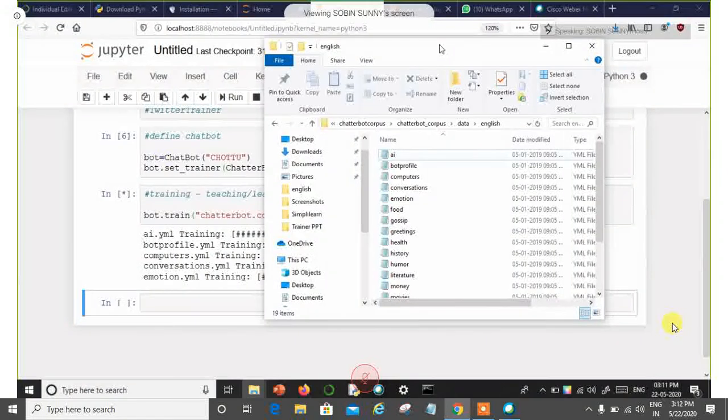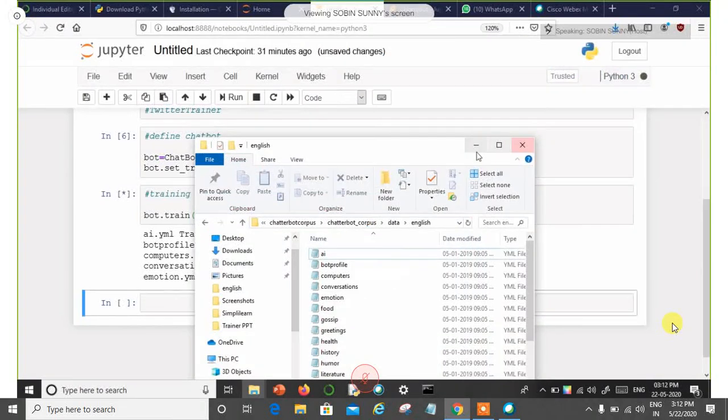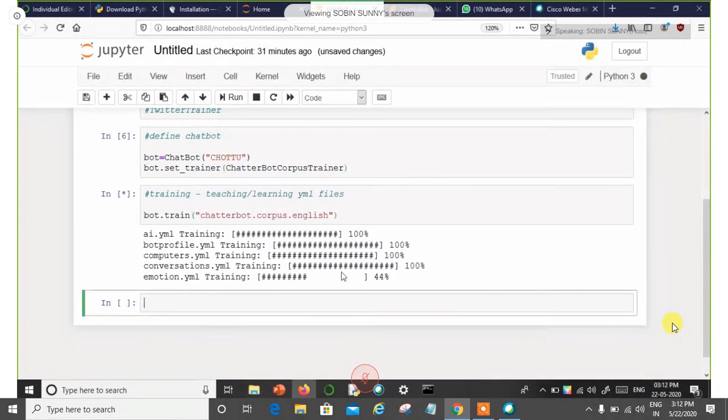The first one was ai.yml. It started training on that, and after completing that, it went to bot profile.yml. Then it went to computers, and then to conversations, emotion, everything. After that, it will complete training on all the data.